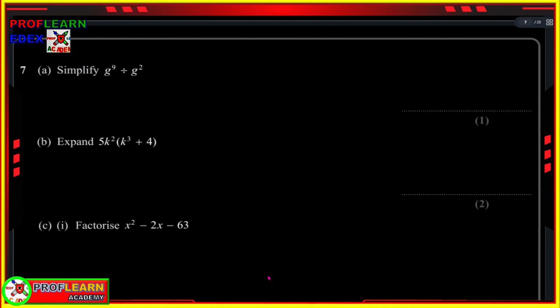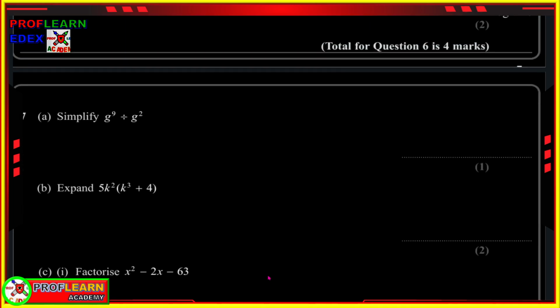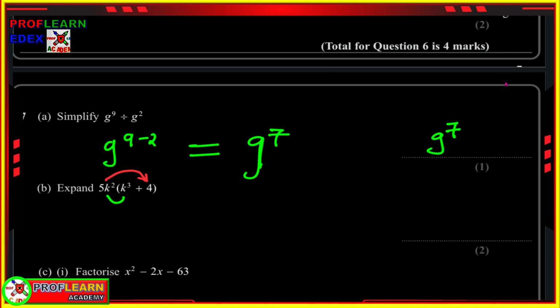Yes. We have another interesting part, simplifying. Yeah, this is actually indices, and we are going to remember the concept that if you have the numbers divided, we're going to subtract the power. So it will be G to the power 9 minus 2, and that is going to be G power 7. And this one, if we are to expand, we shall multiply this to this guy, and also we shall multiply this to this other guy that is here as well. So meaning that our final answer becomes